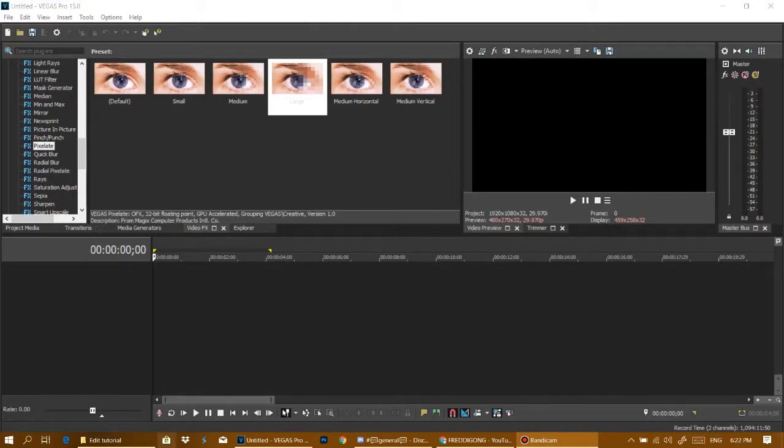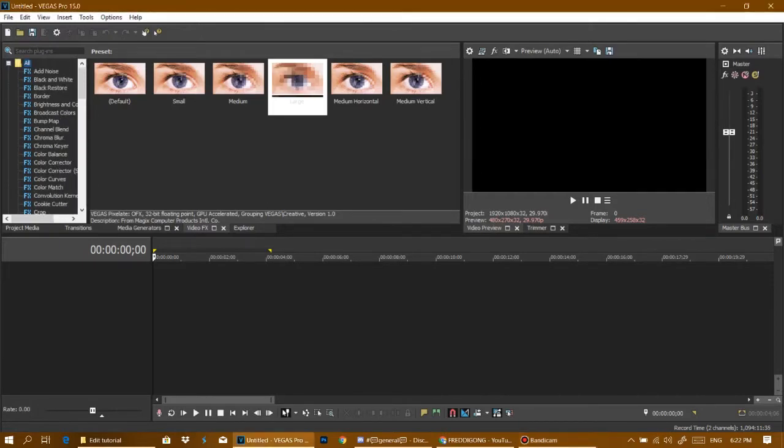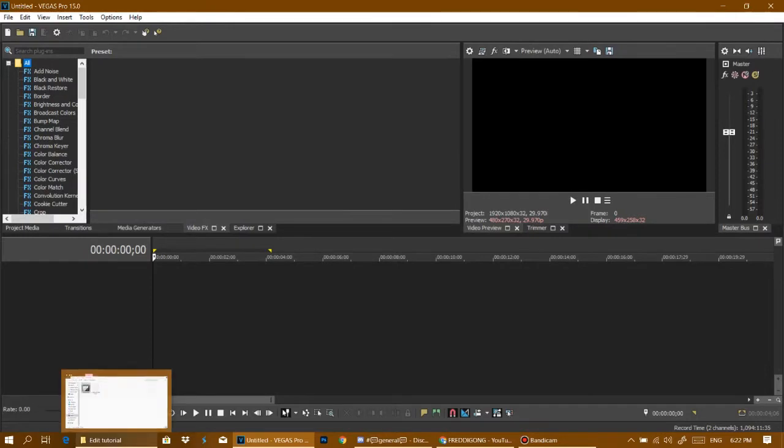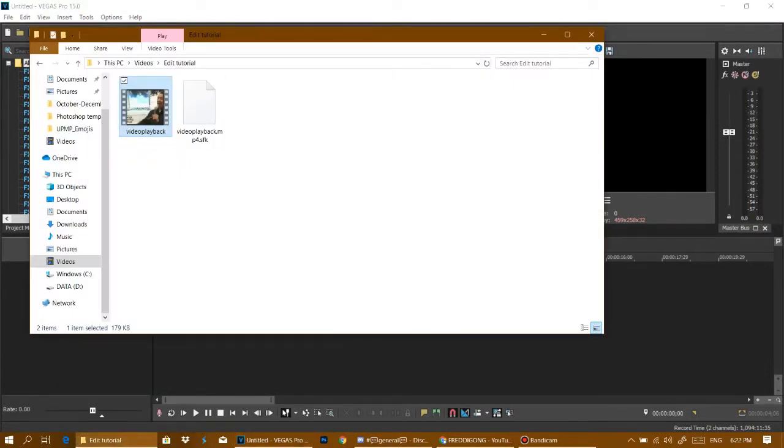Now, just to let you know, if you're new to Vegas, you can actually do this in other versions of Vegas, like the later versions, because I'm using Vegas Pro 15 and it just really works fine. So, today we're gonna talk about censoring people's faces or blurring them, of course. So, I'm gonna drop this file over here